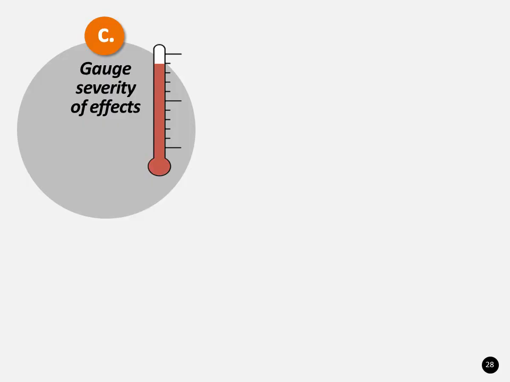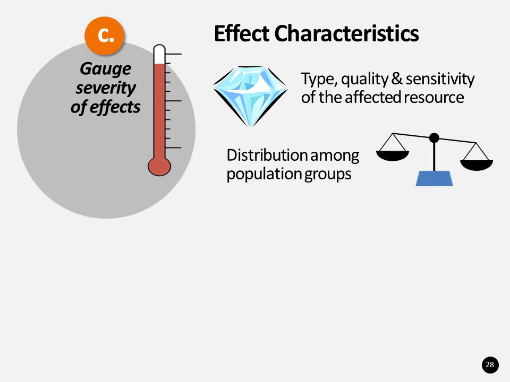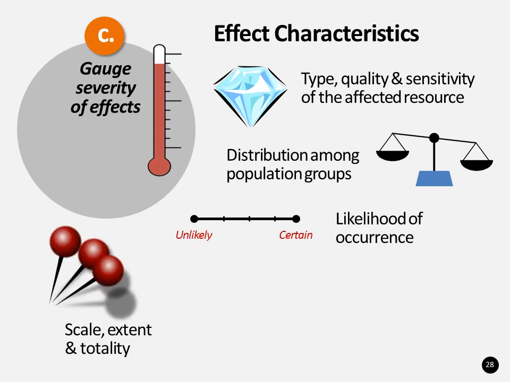Task C, Gauge Severity of Effects, is the final task in assessing project effects. This involves assessing the character of potential relocation effects identified in Task B and their relationship to the community context. Consider the type, quality, and sensitivity of affected resources and their value to the community. Assess whether potential relocations would disproportionately affect any population group. Consider the likelihood that the relocations would be necessary. Also consider the